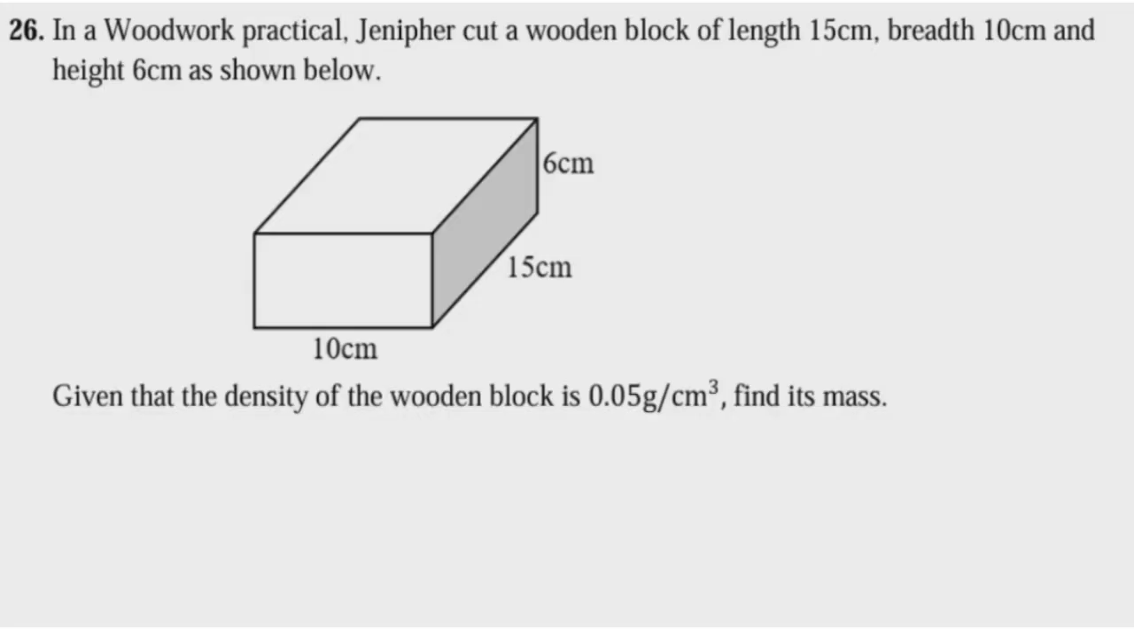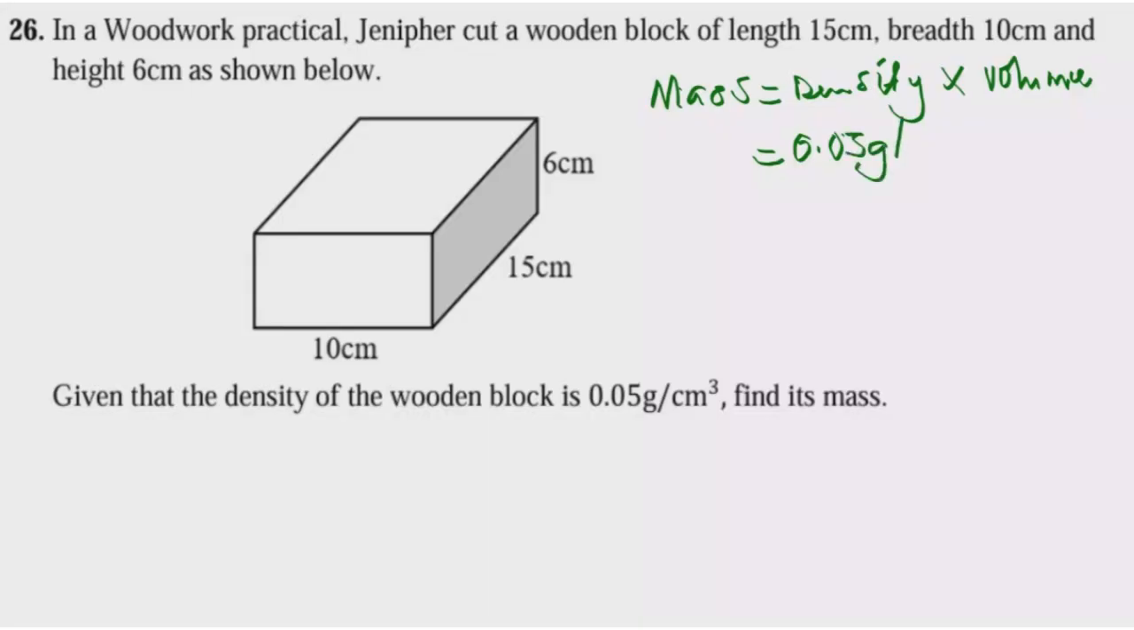So to calculate the mass of this block, we are going to use the formula, which is mass is equal to density times volume. Okay, so what is density? The density given is 0.05 grams per centimeter cubic times, then